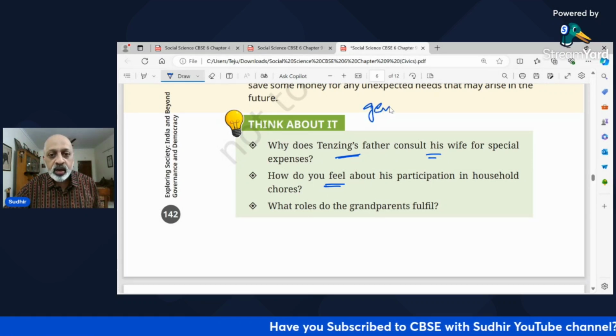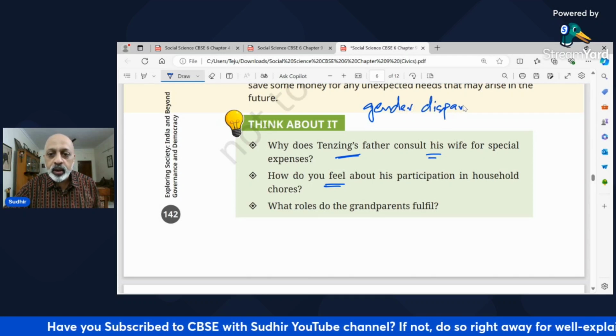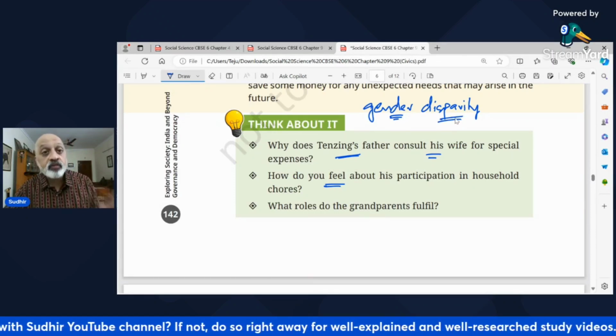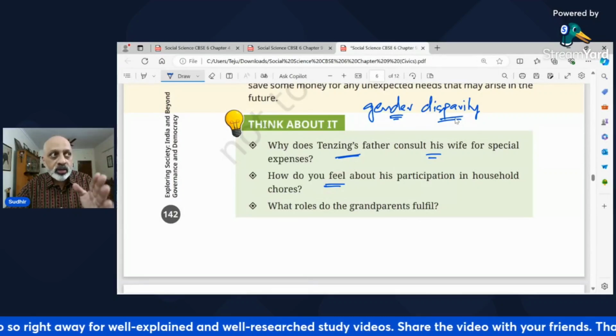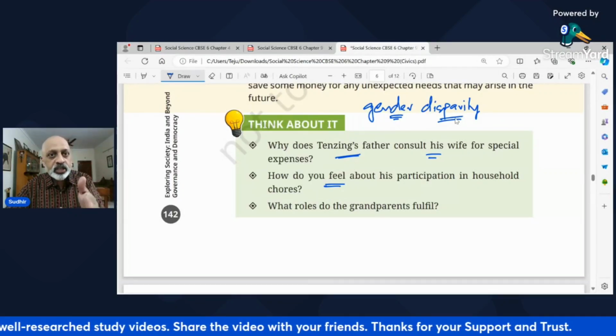ये बहुत ही अच्छा phrase बता रहा हूं मैं आपको. Gender disparity. Okay. यानी कि जेंडर के बेसिस पर किसी भी तरह का भेदभाव नहीं है. There is no difference. Male and female, there is no discrimination on the basis